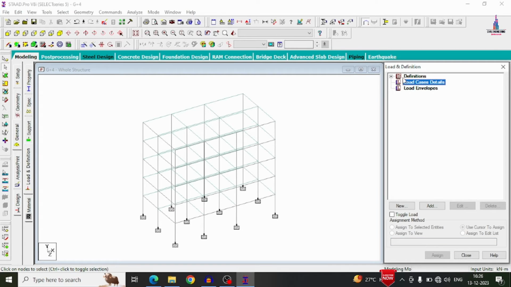If you want to define the load cases related to seismic load and wind loading condition, in my previous videos I have done many videos related to seismic load analysis and wind load analysis for the building structural model. You can watch those videos and apply the same procedure for this model. But in this example, I am only considering the gravitational loading condition for beginner purposes. So select the add button here.